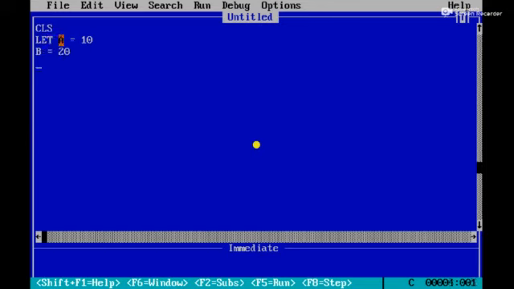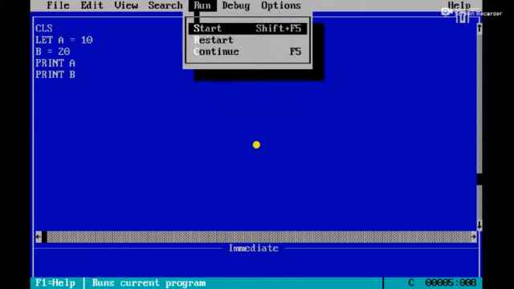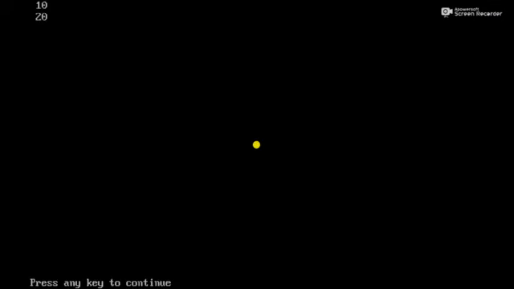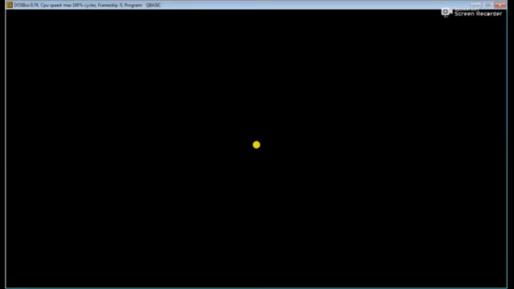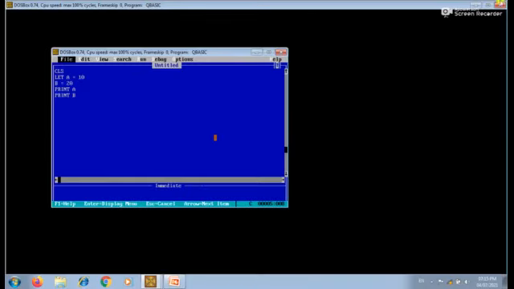In the second, I did not use the let statement. So both are the same. Here the let is optional. Next, I am going to print the value of the variable a and the value of the variable b. Let me check what type of output we will get. See here, student, 10, 20. Is it clear, student? So the let statement is optional.